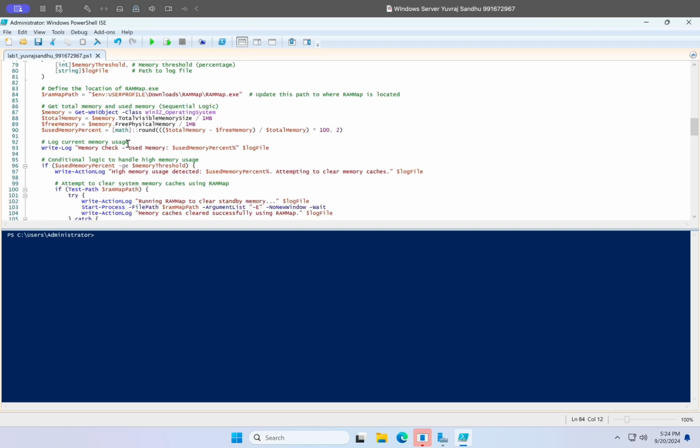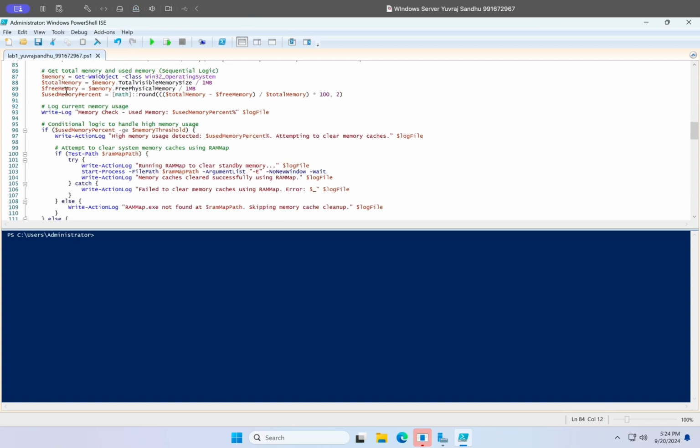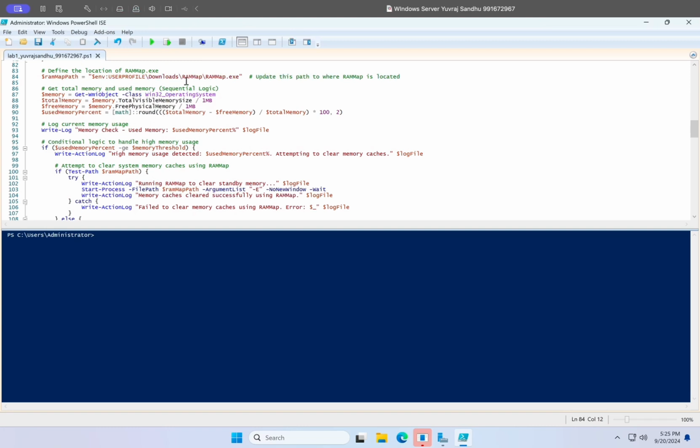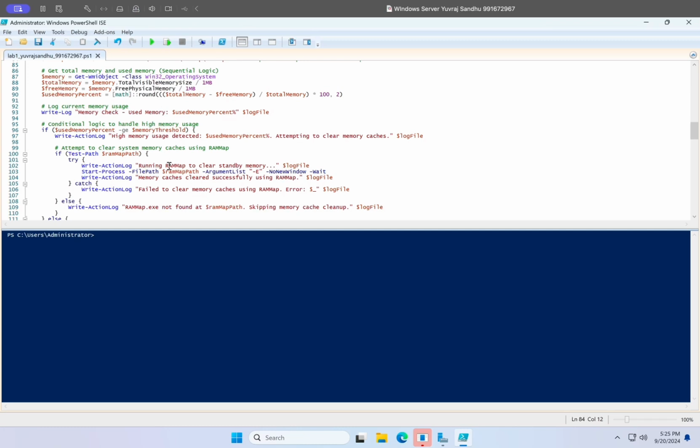And then whatever this percentage is, we output to a log file. And then if the amount of used memory is greater than the threshold, so if 90% memory is used, high memory usage detected, and then it will run the executable for that tool that can clear standby memory, and it can start the process with the arguments that we would run it with. So I think this would be to just clear the memory caches,